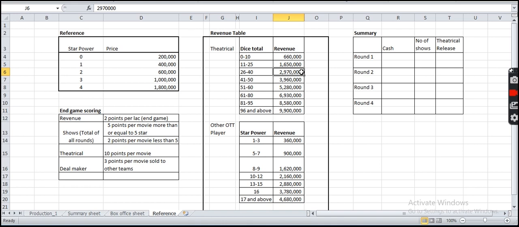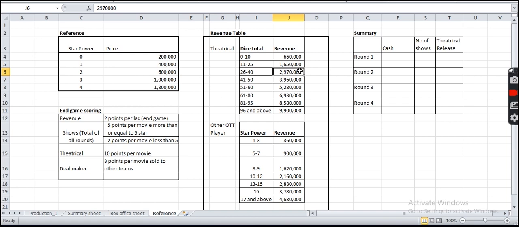Assume you had chosen option number 1, that is releasing it in the theater and selling it to your competitor. So your competitor would have probably bought at a certain price, and assume they paid around 20 lakhs for it. So now what you've made is 29,70,000 plus 20 lakhs that they are going to pay you. So that comes to around 49,70,000. And the third option could be your competitor or your other player would have told you that I would want exclusive rights of this movie, and probably he would have paid you 45 lakhs for it. So straight away 45 lakh is your revenue of that movie.